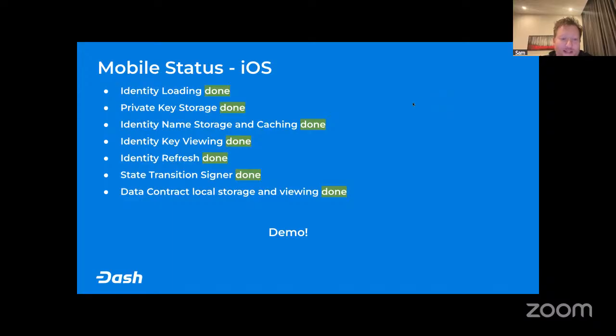So, mobile status, identity loading, that's done. Private key storage, so safe private key storage, I did that as well. Identity name storage and caching, identity key viewing, identity refresh, state transition signer. That was actually really hard. That's what took me a few days, the state transition signer, because what was actually going on is